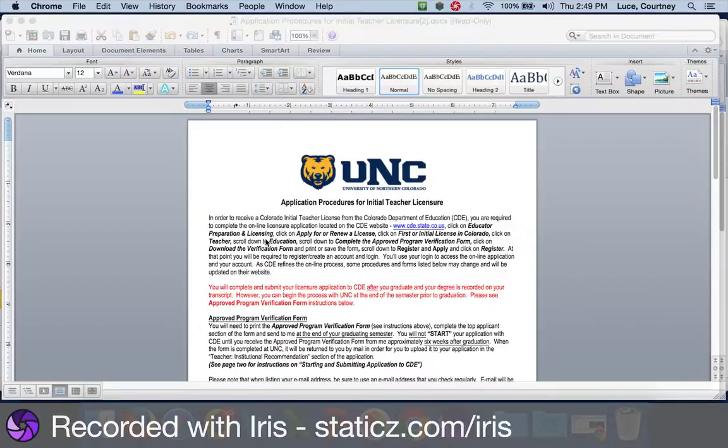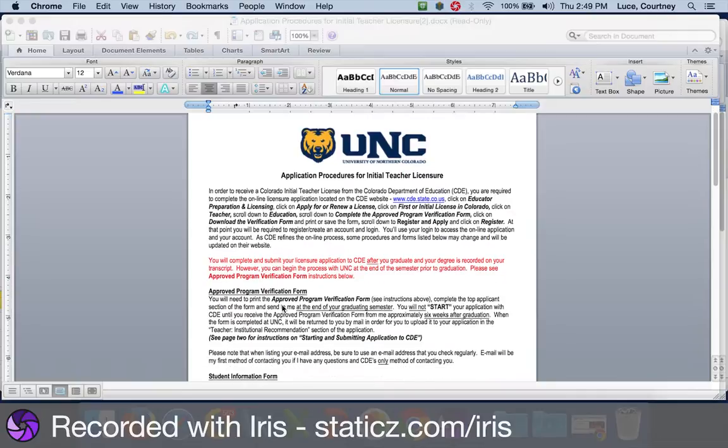So the first part of applying for your license is taking care of the approved program verification form. And essentially this is what proves that you're eligible to hold a teaching license. And this component needs to be done really at the end of your graduating semester, but no more than 2 weeks within graduating. You can't start your application until you have completed the approved program verification form, and you actually can't start it until you've received it back from Vicki. And so there is a process of sending this in and receiving it back before you can do anything about